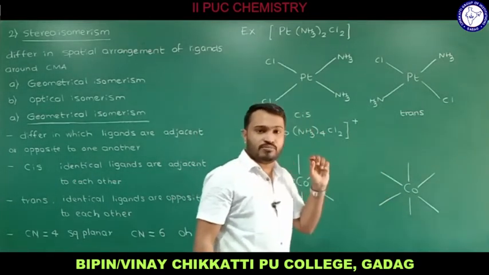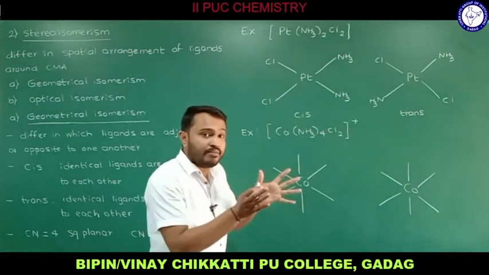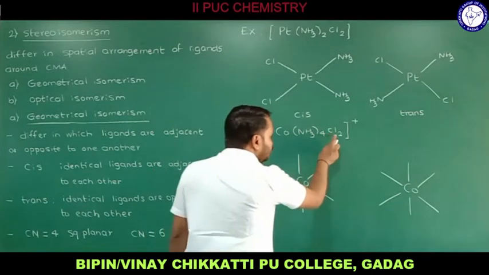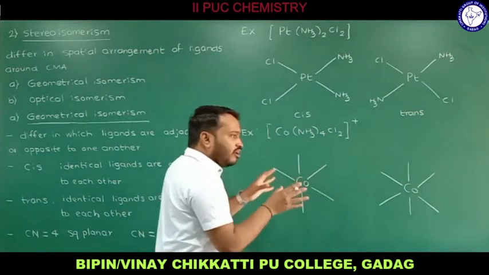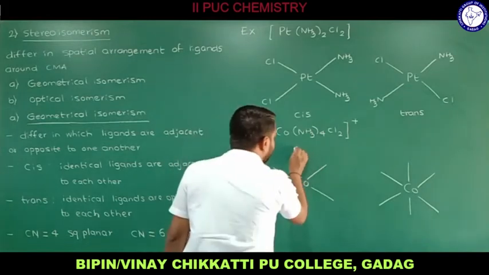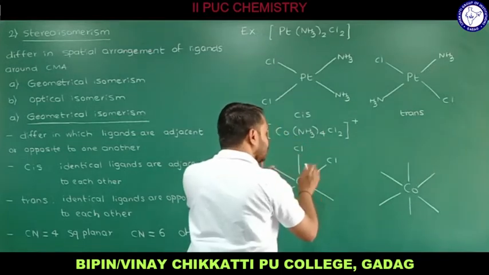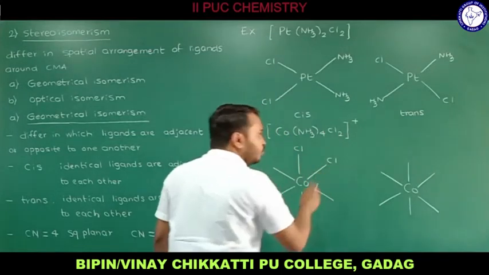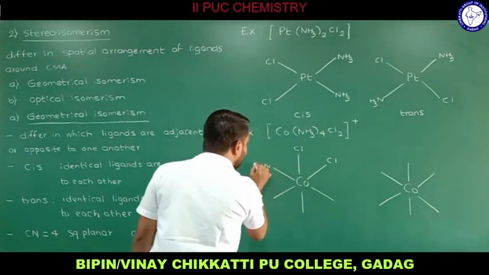As we know, in case of cis, identical ligands are on the same side. So we have Cl2. You can write 2 Cl here, anywhere you like, but the identical ligands should be adjacent to each other. Therefore, I will write Cl here, so these two identical ligands are adjacent to each other. Since we have 2 Cl, I have written only 2. The remaining we have is 4 NH3, so I will draw 4 NH3 for the remaining.